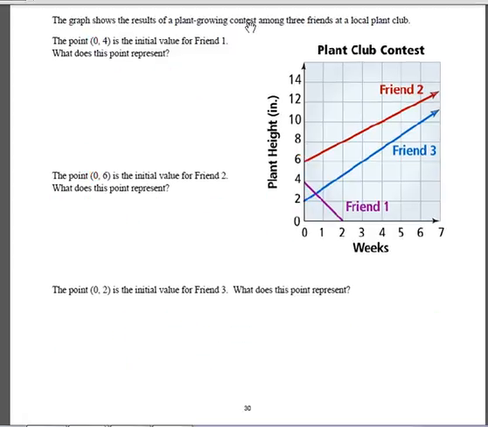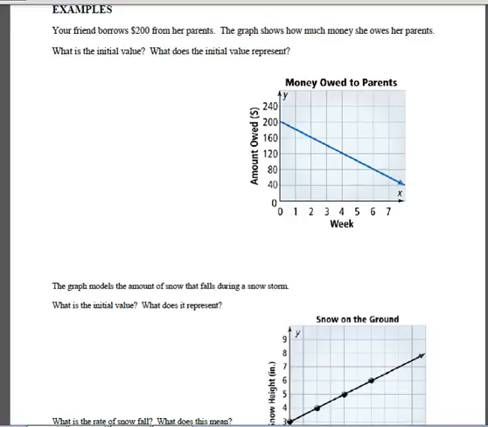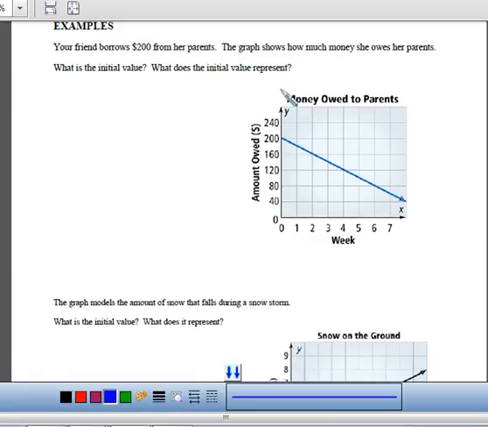So we're going to turn over to page 31. And the first one, again, we've seen this example before when we were finding the rate or the slope. Your friend borrows $200 from her parents. The graph shows how much money she owes her parents. What is the initial value? What does the initial value represent? Alright, so we're finding two things, the initial value and what it represents. So I'm going to put a box around those two questions. Okay, the initial value